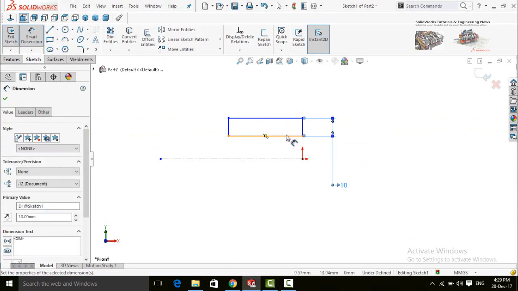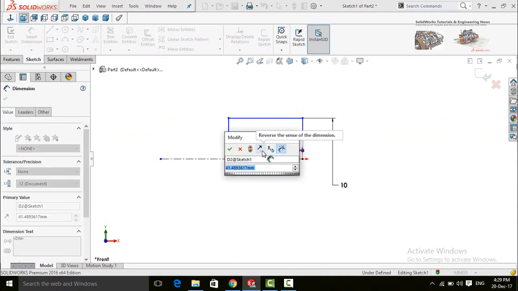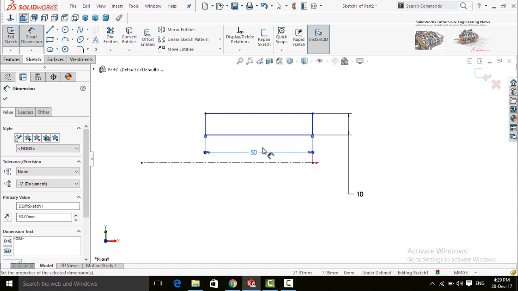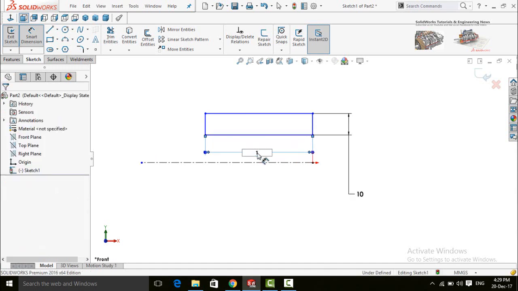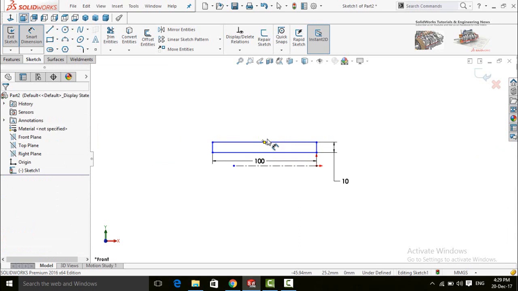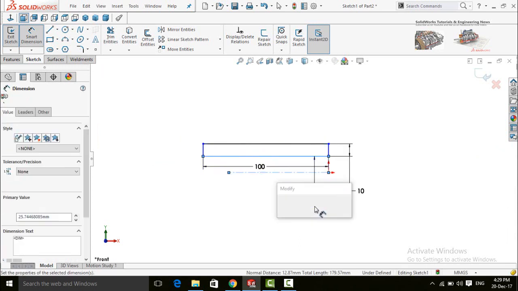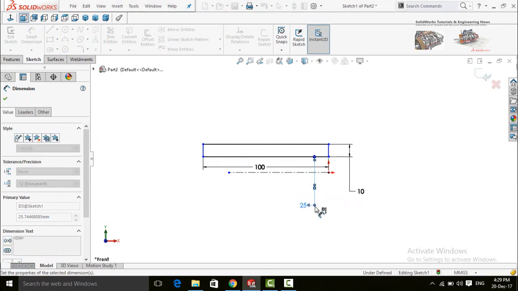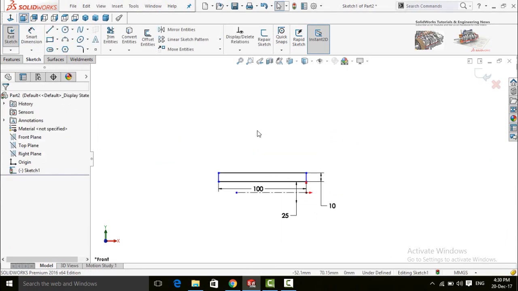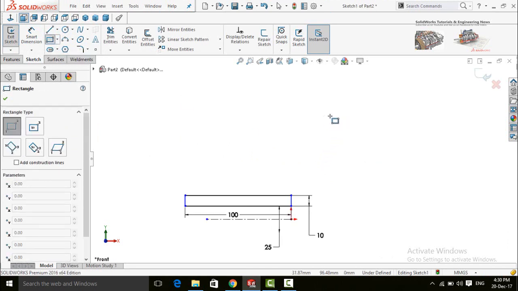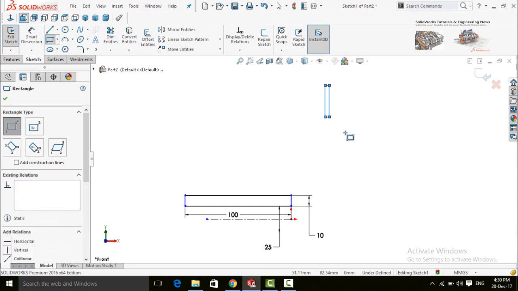10 millimeter, 50 millimeter, or you can also set 100 millimeter, and the diameter of this bore is 25 millimeter. Now draw another line, or you can also select corner rectangle and draw it here.